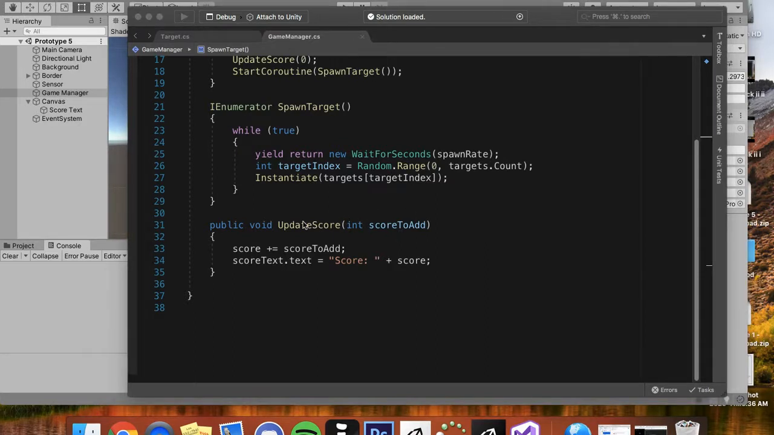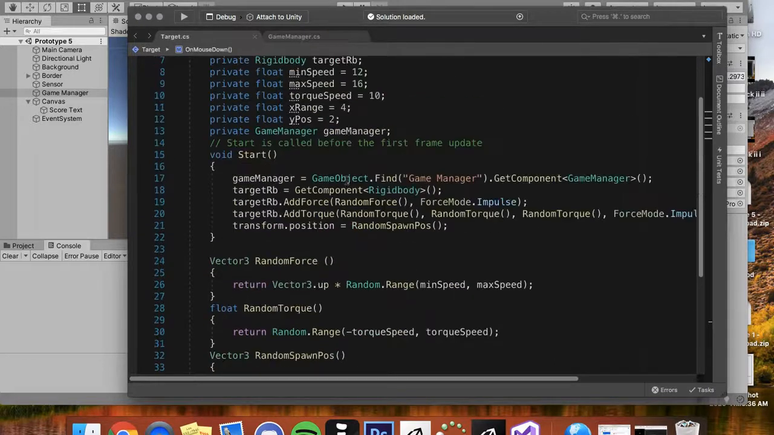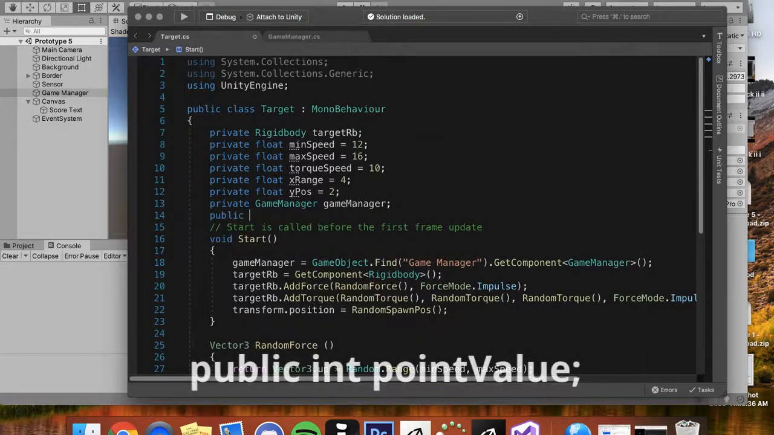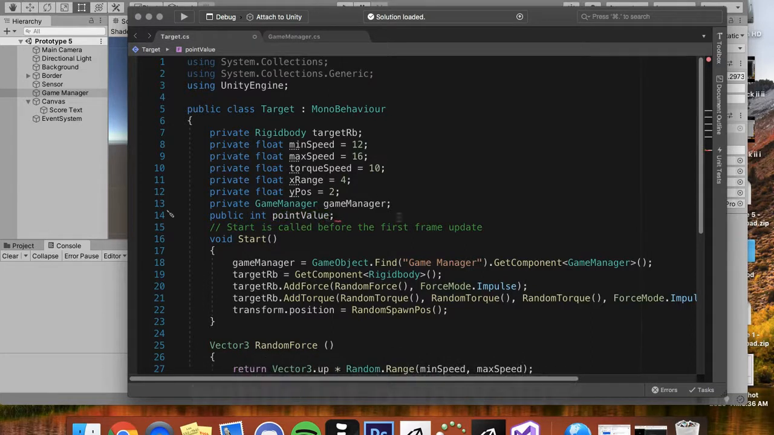So in order to make it so that each of these have different point values, we can just add this onto our target. Our target script is what's on all of our targets, and we can just make a public variable that will let us know how much each one is worth. I'm going to get in line 13, make sure it's public, and it's an integer, and we can call it point value. And I'm not going to initialize it here because I'm going to do this in the inspector. So I'm going to save this,